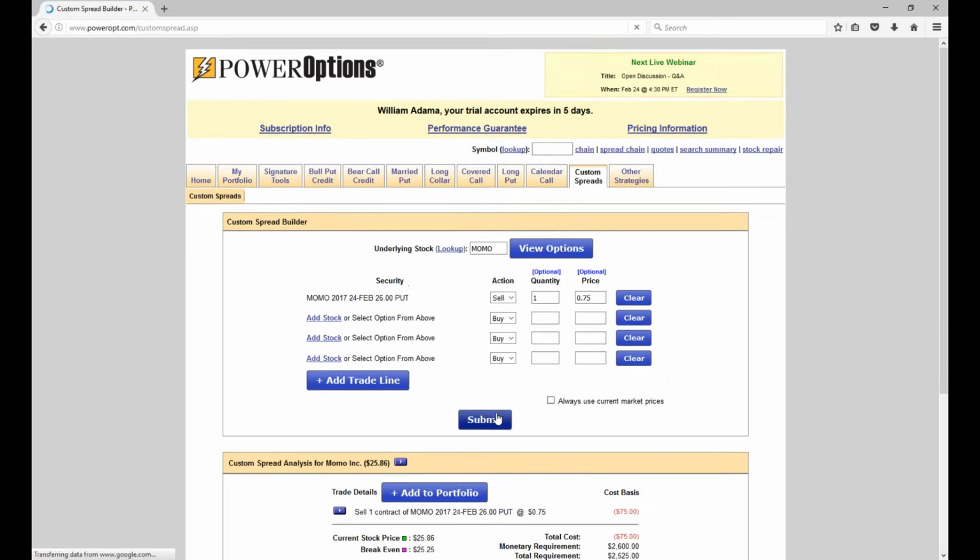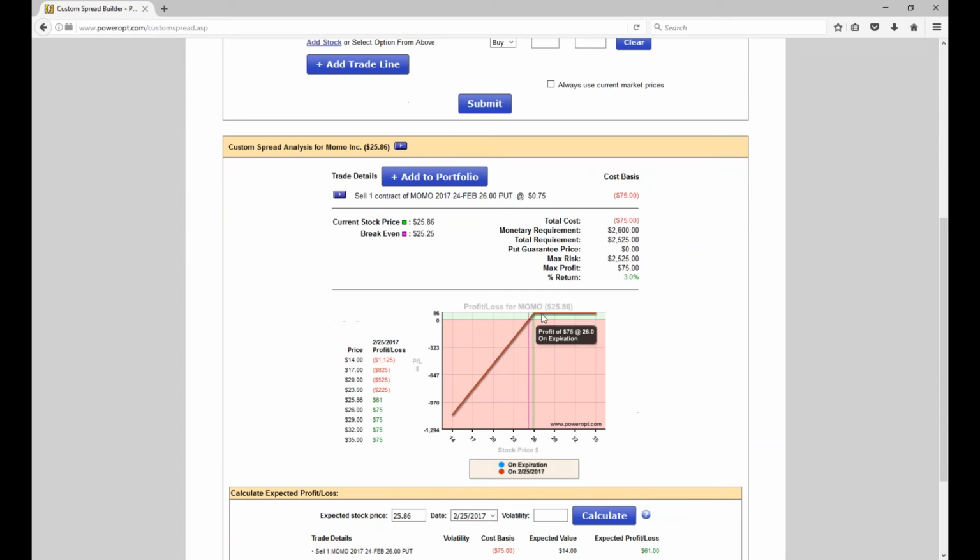And if I selected sell, we'd see a naked put profit and loss chart there. So now that it's below, depending on what I think the stock's going to do next, he could have probably bought it back and still made some profit. Maybe he had to pay 30 cents or 40 cents, but still made some of the 75 cents with the stock being up at 25.86.